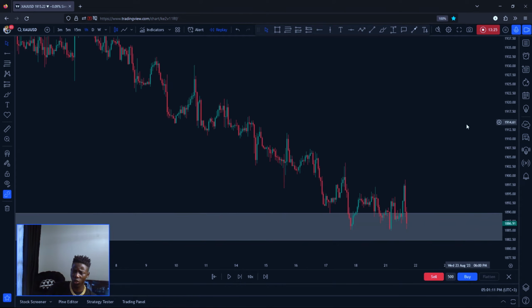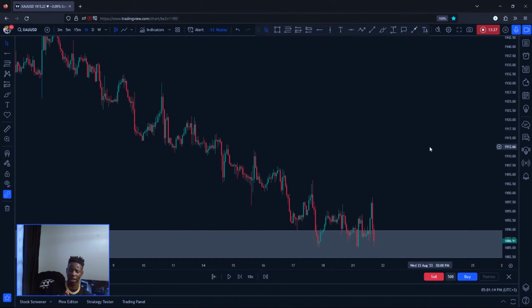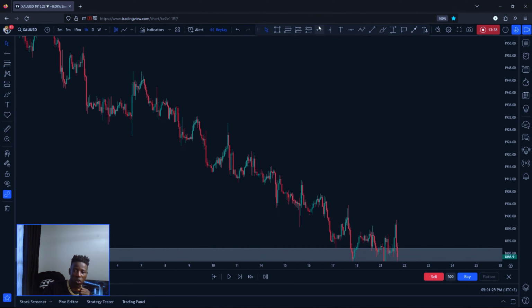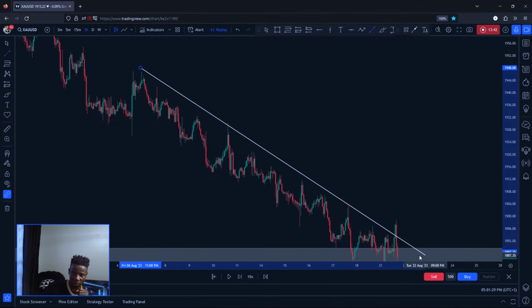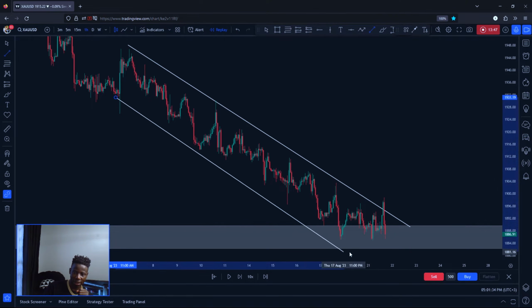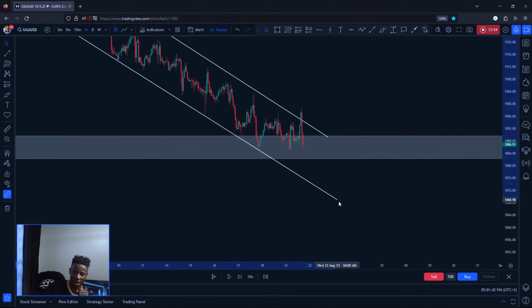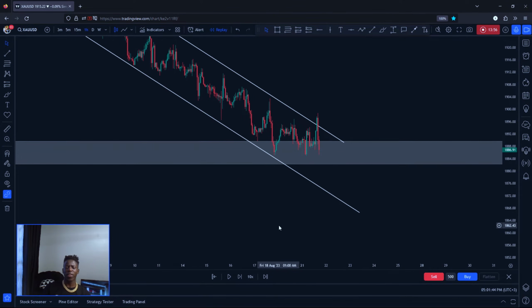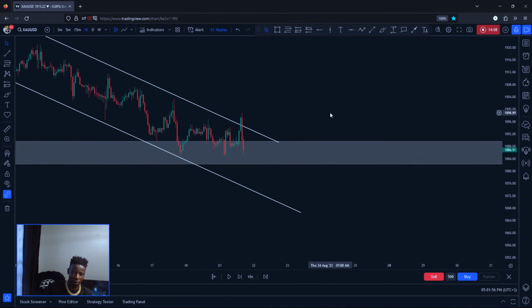On your 1H, I told you, simplicity. We are finding a trend. Here is where you can draw your trend lines. This trend line shows that we are in a downtrend. Are you seeing that? We are in a downtrend. So for the levels of support and resistance and trend lines, I draw them from the 1H. I really like the 1H, because the 1H can give you it all, some of the time.